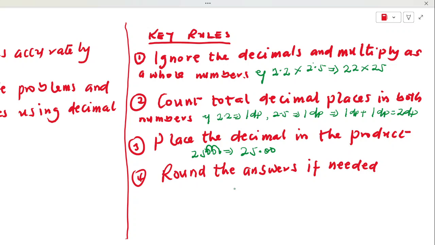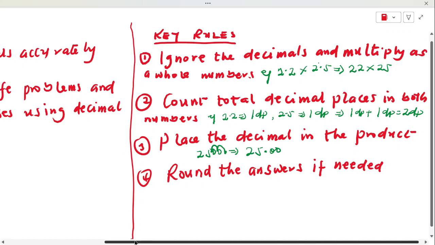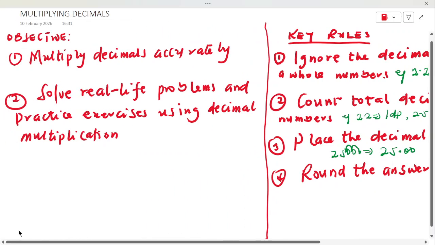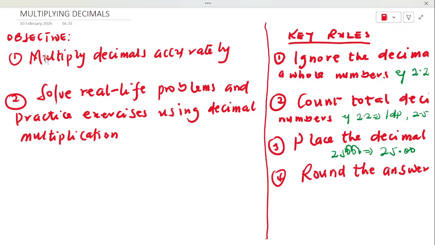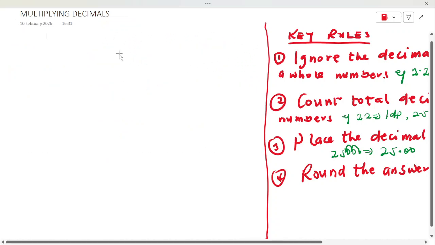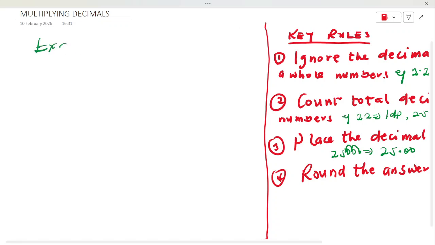All right. So let's dive in to look at some solved examples quickly. Okay. So example number 1. It says that multiply 0.6 by 0.4. So multiply